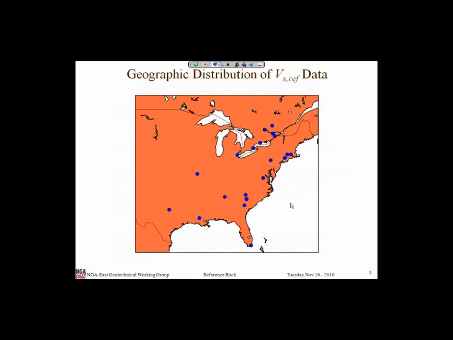The data set that we currently use is the work that was done for recent nuclear power plant license applications. These are very well documented, have a lot of records in them in terms of field investigation, direct measurements of VS waves, VS velocity, or interpretation from P-wave velocity measurements. And what you're looking at here is the distribution of the various locations we had.